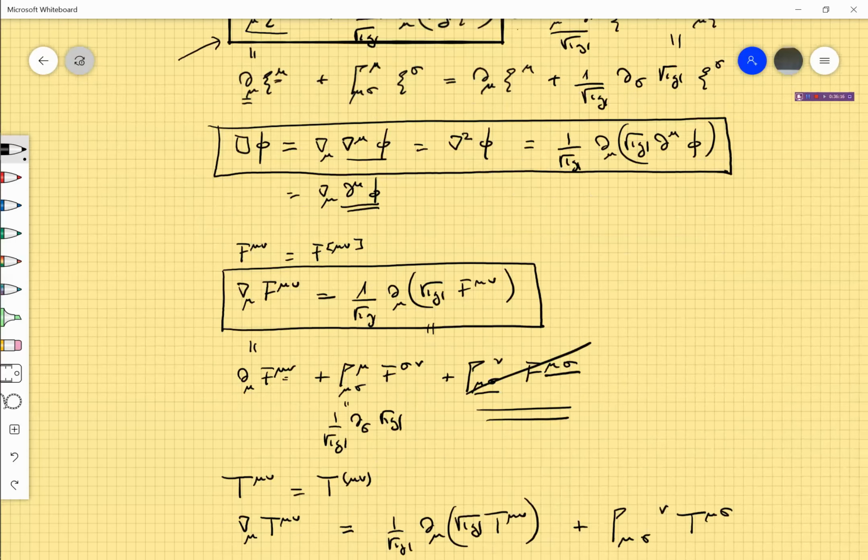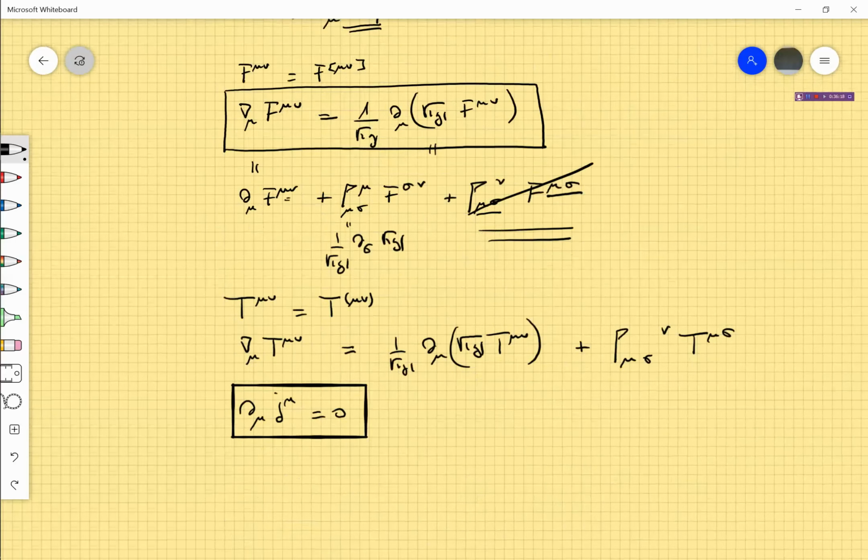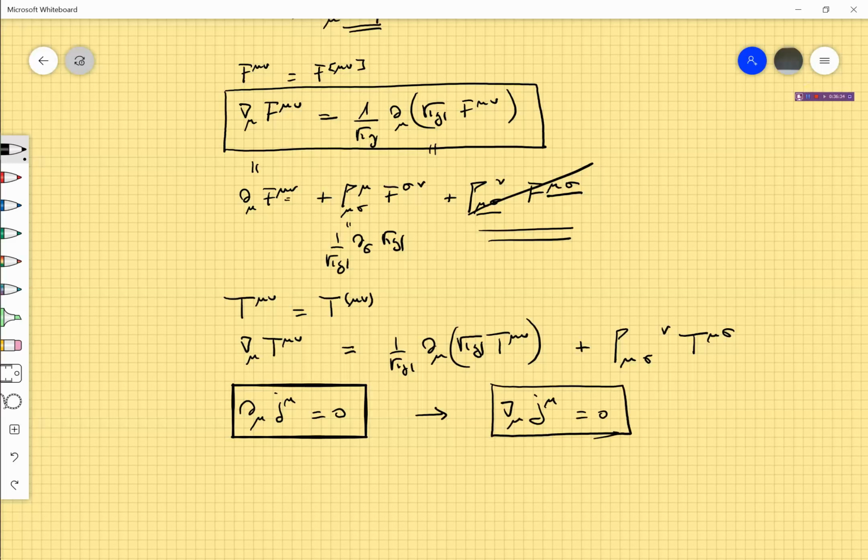current, okay, now this statement is clearly not covariant because the partial derivative is not a covariant derivative, but we can really generalize it to something like this. So conservation laws will be expressed by something like this in curved space-time. And the fact is that there is a relation between these two things, because up to this factor of square root of g,